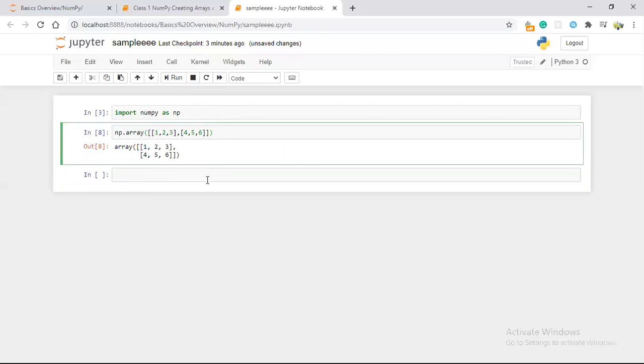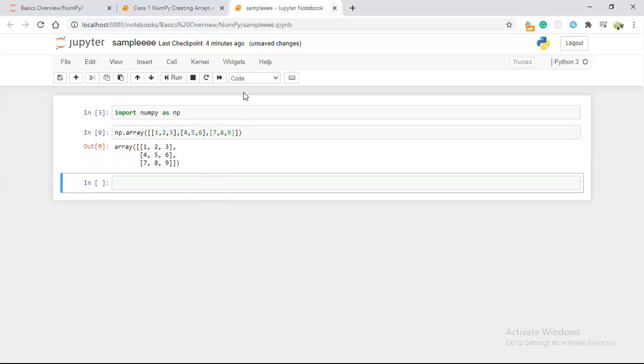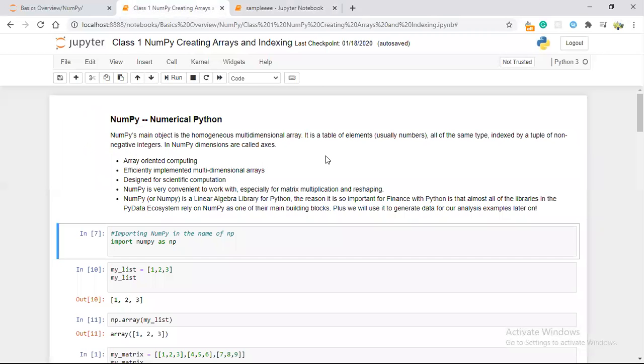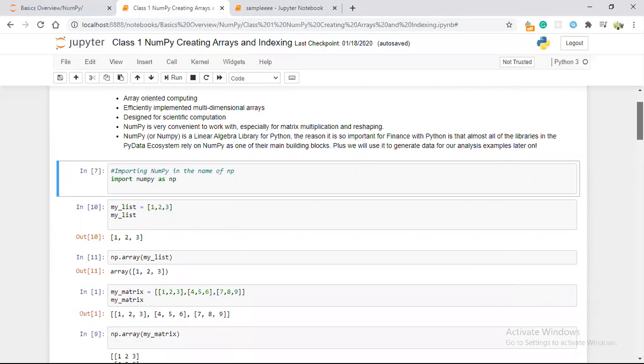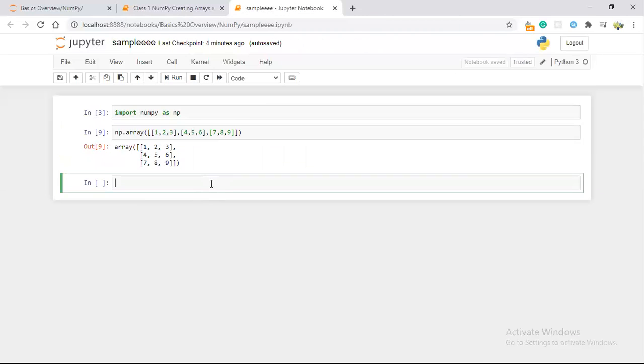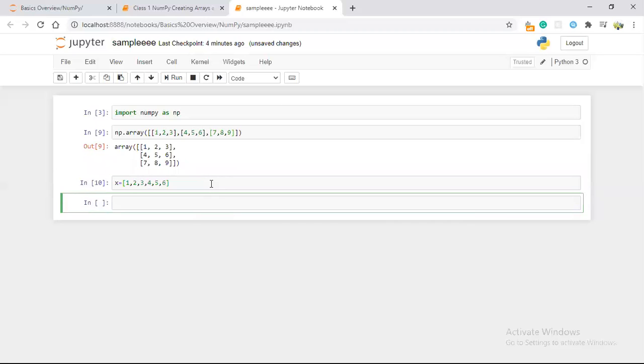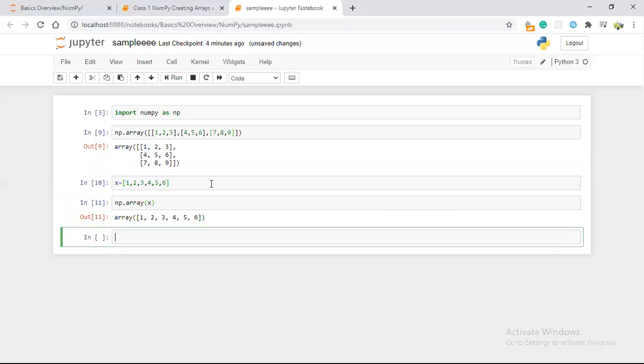In this way, you can create your n-dimensional arrays. Now I created a three-dimensional array. So you can create your array however you want, it's not a problem. We can also create an array from a different list. For example, let me give one variable name, and assign a list to this variable. Then use numpy.array, and in the brackets, simply give this variable name. That's more than enough. Like this also, we can create your array.